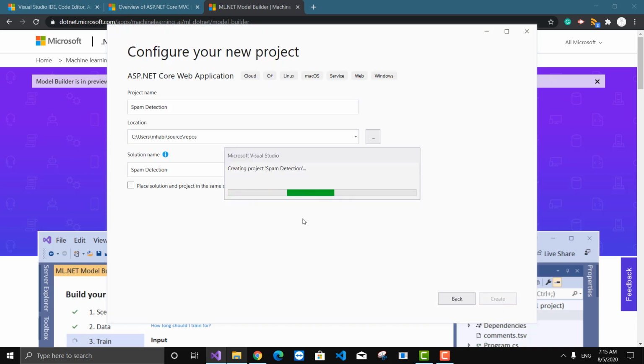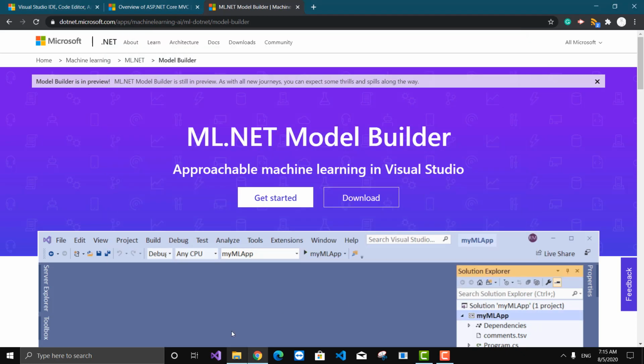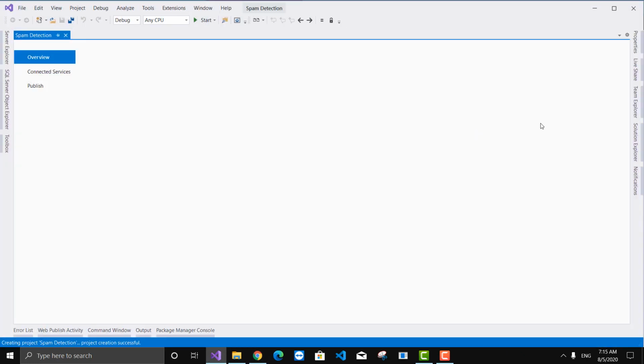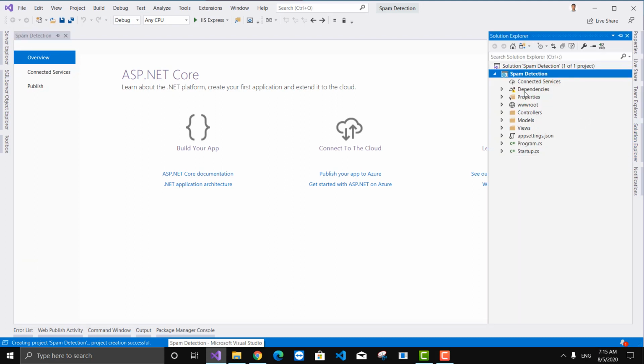Now Visual Studio is creating the ASP.NET Core MVC web application. Here you can see Visual Studio has created a new web application.